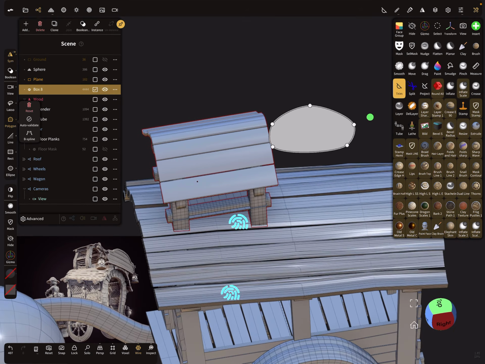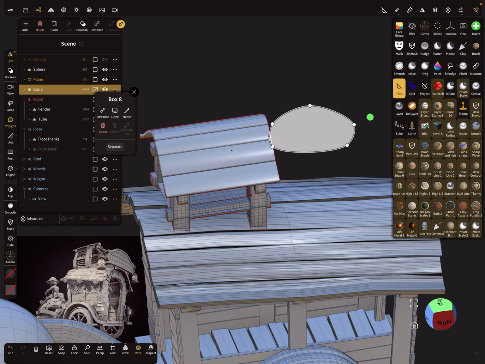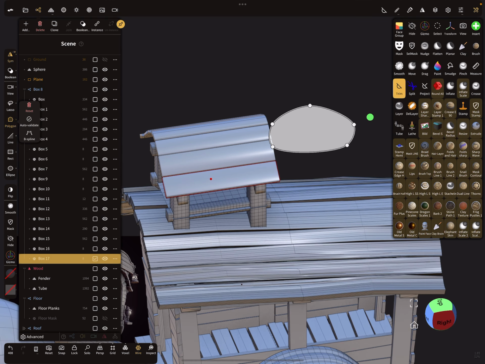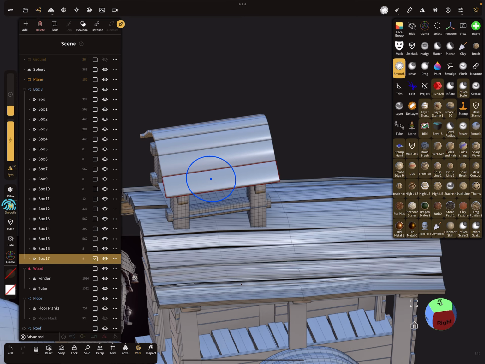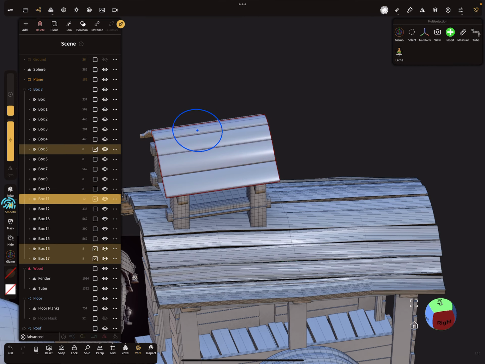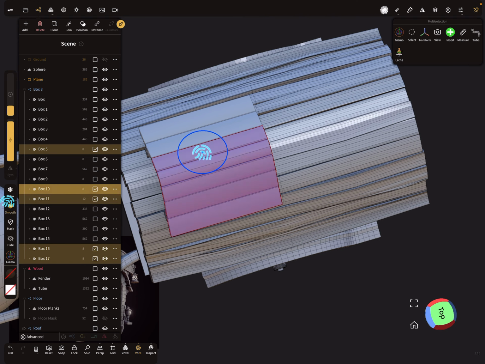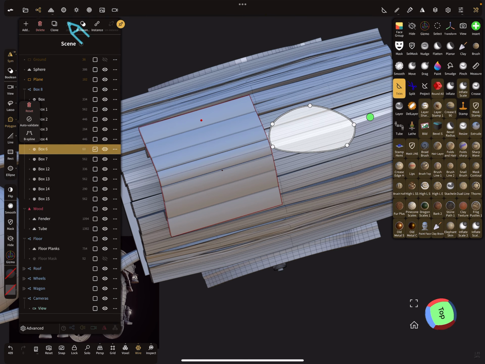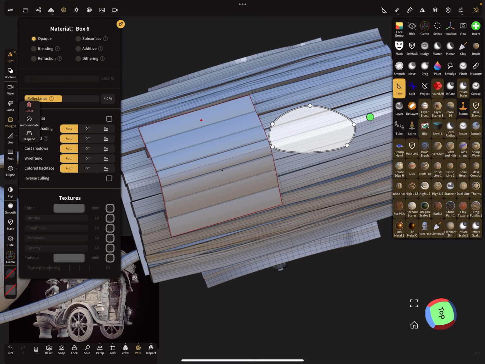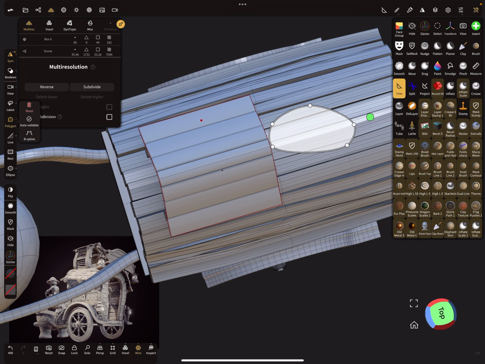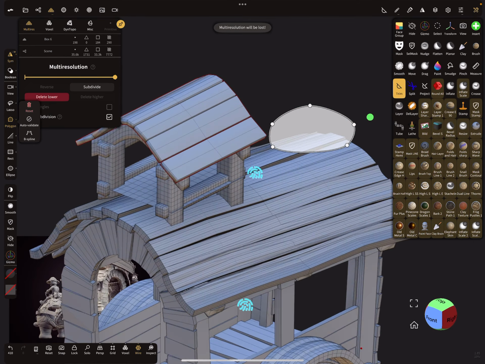So for the whole thing I separate it again and I select now the top planks here. I join them and I use here multi-resolution. So I subdivide it one time.